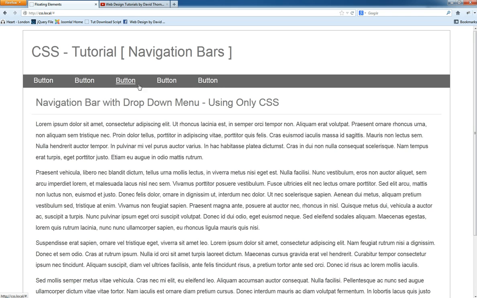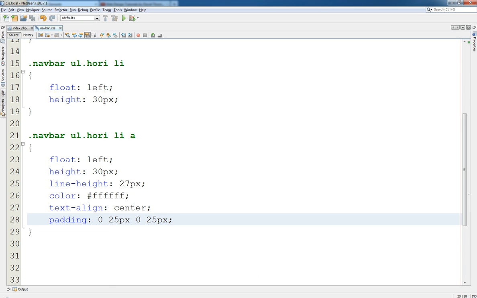There we go. Alright, so that's now our navigation bar done. At the moment the anchor tags don't have any text decoration on them. Now it's because I've turned that off, and then when we roll over it, the text decoration comes back on again. This is done inside of the